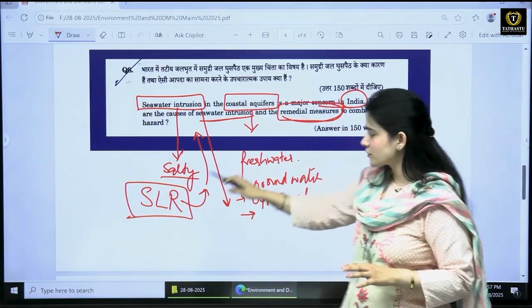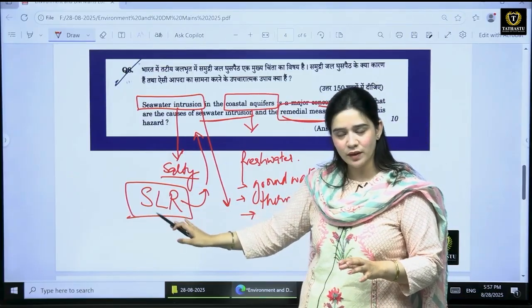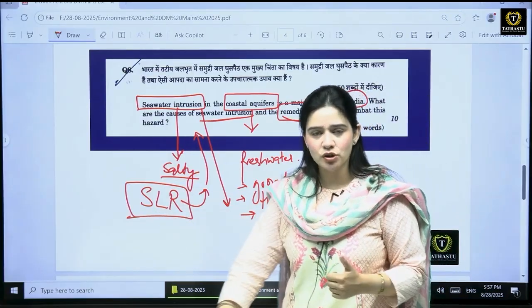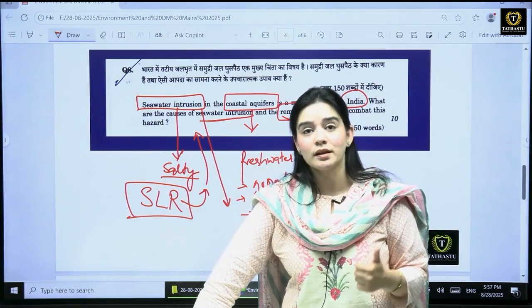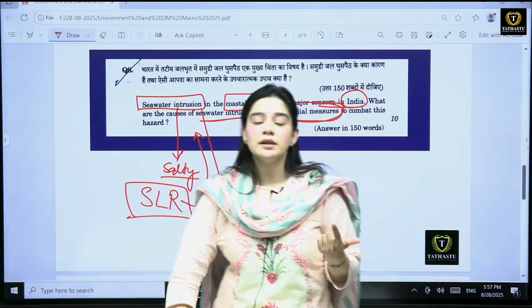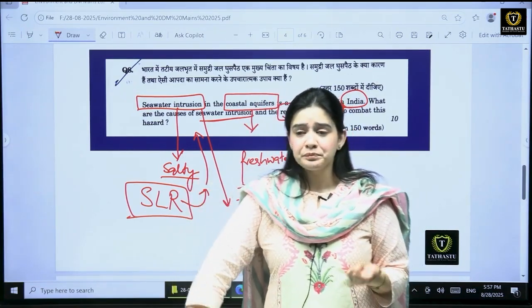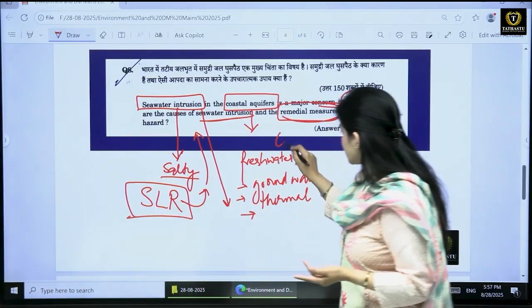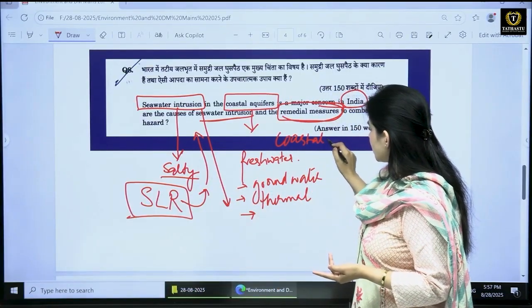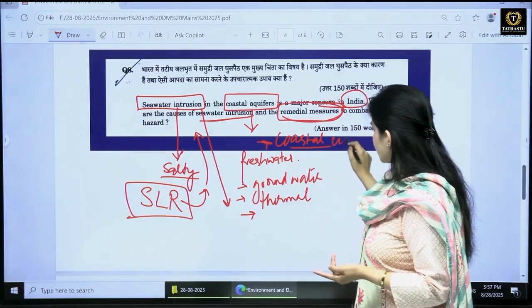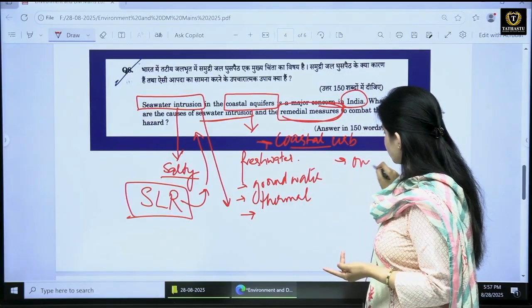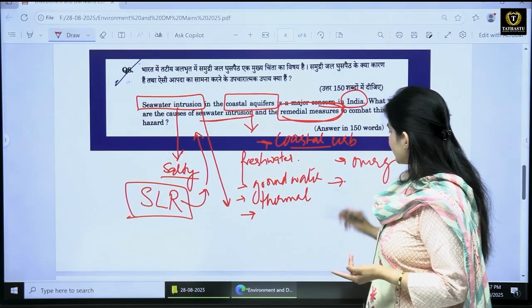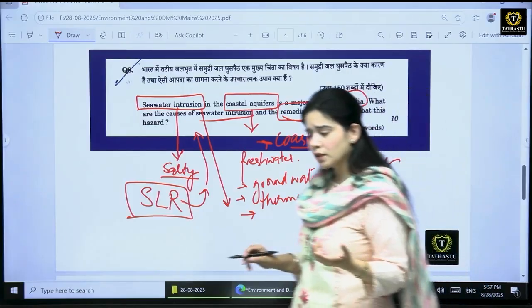Okay, so we have sea level rise, that is one thing. Then over exploitation of the groundwater resources, that is another thing. Then we have the shrinking mangroves, okay, coastal urbanization. These are all the reasons for seawater intrusion. Coastal urbanization, then we have over exploitation of the groundwater resources, then we also have